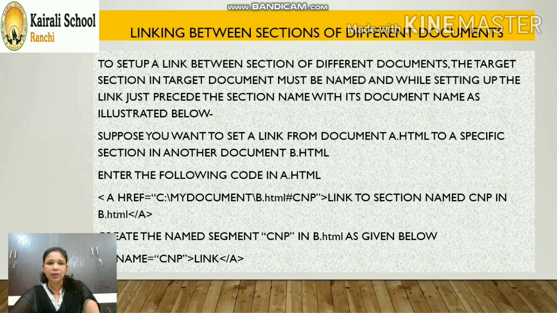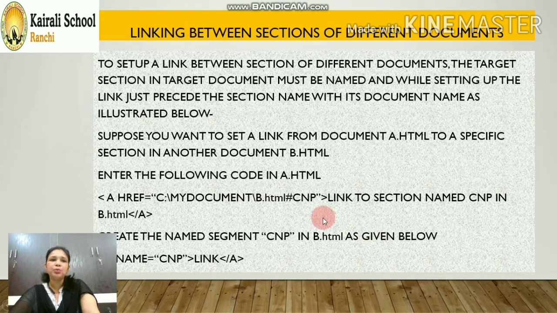This type of line you have to write: href equals my document b.html. b.html is the second document to which I want to jump, and to which section, CNP. Along with the document's name, we'll have to give the segment name which we will be naming in that document. So how to use it, I'll show it through the practical session.